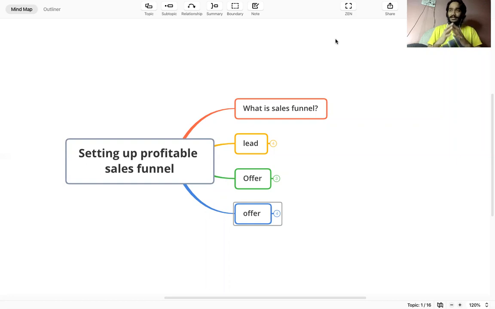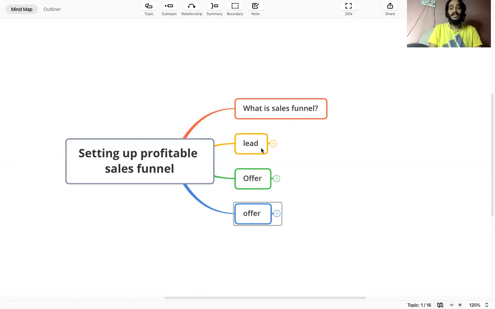Suppose you have a product XYZ, but there is a customer who doesn't know that your product exists, or that you exist as a brand. So you have to create awareness about your product or yourself as a personal brand. Then you have to make them interested in your product, so they feel they really need it. Then you create a desire for them to buy your product. And finally, the action, that is the call to action, buying from you. This whole process is known as a sales funnel. But how will you make it a profitable sales funnel? There are three major steps. Let's look into it. So I have covered what a sales funnel is.